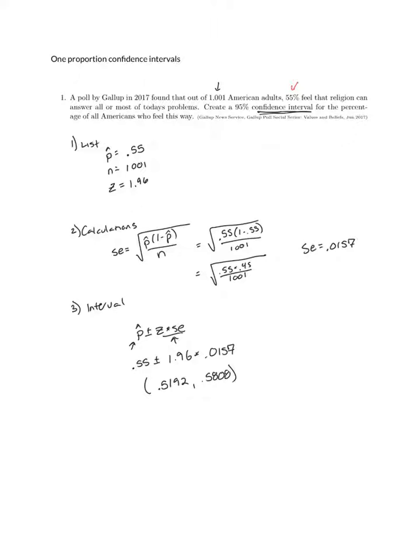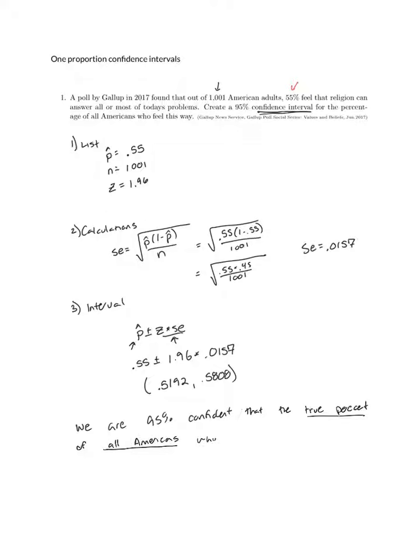The final thing we do with our confidence interval is to go ahead and summarize the information we've gotten. So, using this interval, we recall that we are, in fact, 95% confident. And I know I'm 95% confident based on the fact that I used a z-score of 1.96. That the true percent. And we say this because the people we surveyed didn't represent everyone. That is, I didn't survey every American. I only surveyed 1,001 of them. So what we're going to do now is be 95% confident that the true percent, the actual percentage of, now here's where I'll state my population, all Americans